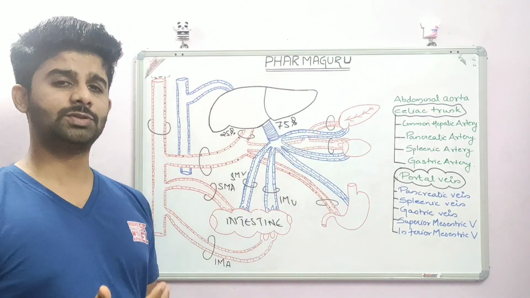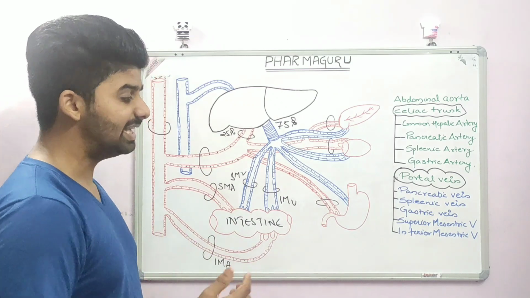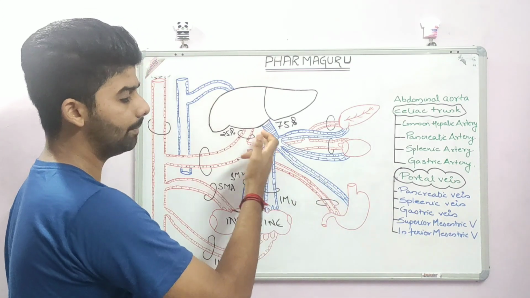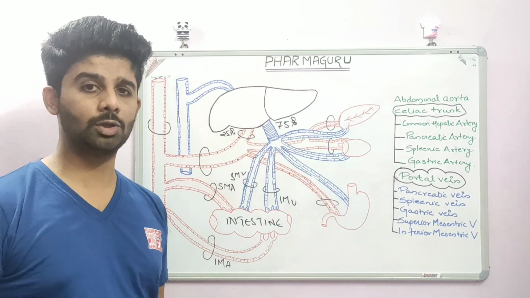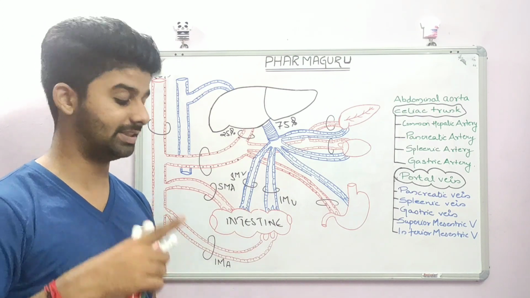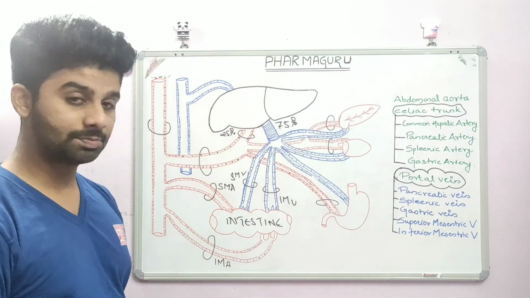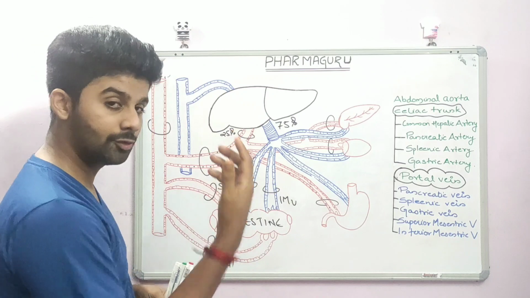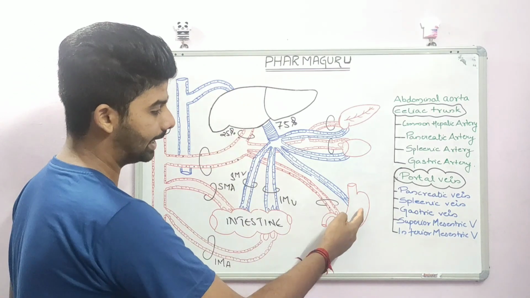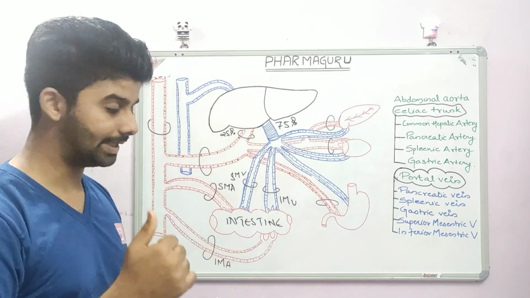See, a lot of absorption does not take place in the stomach. The reason is that only the lipid soluble substances are absorbed from the stomach through the gastric vein. And what are the lipid soluble substances? We can say first, alcohol is a highly lipid soluble substance. Second one, obviously a drug, that is aspirin. So aspirin, alcohol, and a lot of nutrients such as the fatty acids are absorbed through the gastric vein. We are done with that.